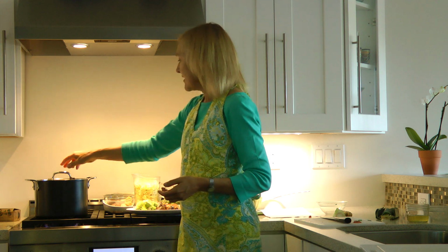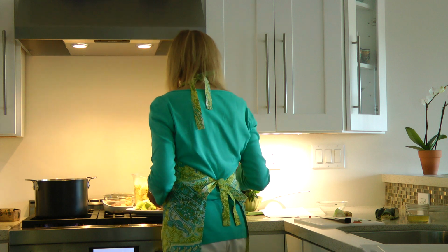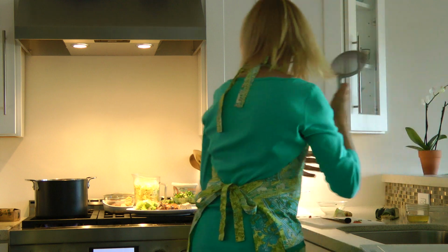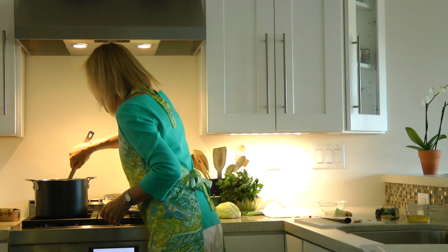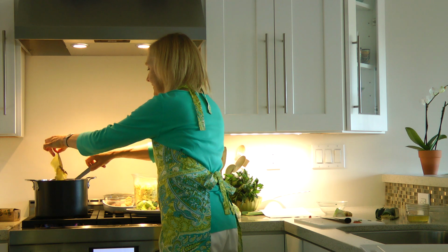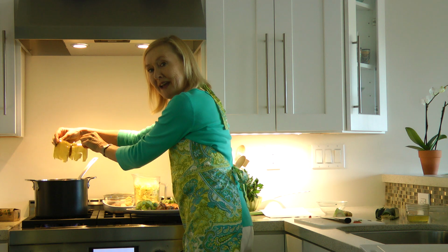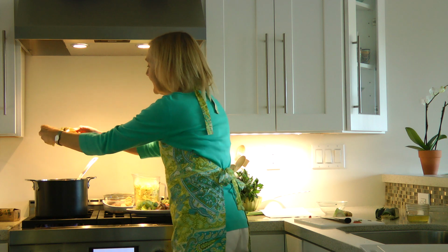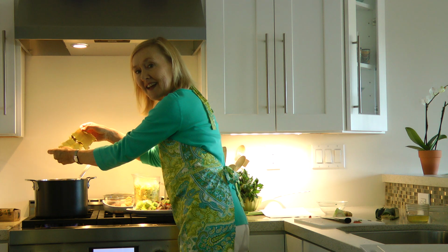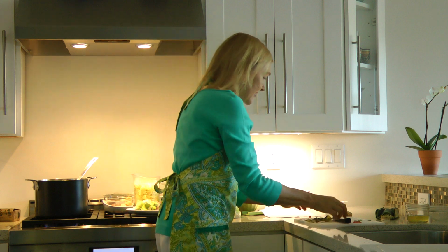Another thing you can do with the soup, and before we go there, I think I'll show you what's happening here. Here's the seaweed that we put in the pot, and you can see how it's reconstituted. Now this is the wakame soft kelp, and it's really got 2 wings on it. This is sometimes called winged kelp. So it's got the 2 wings on the side, and what you want to do is just put that on your cutting board